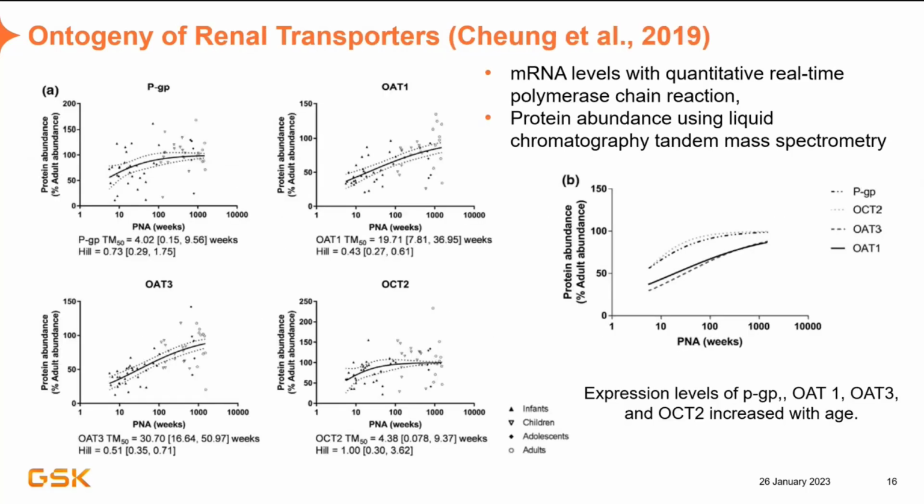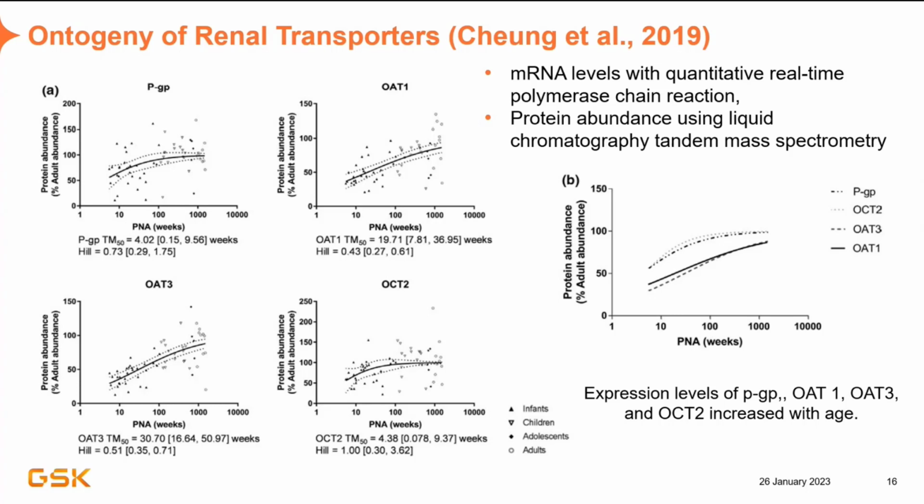Okay, this is the first one. The first paper that became available is from Chung et al., Kathy Chung, and it shows the protein abundance and the mRNA activity for different transporters. They looked at a large data set from preterm until adulthood, and then they developed some of the functions too and reported that. I'm showing just a few of these. There was quite a comprehensive list of transporters, but these are more relevant to our compounds, so I'm focusing on these mainly.